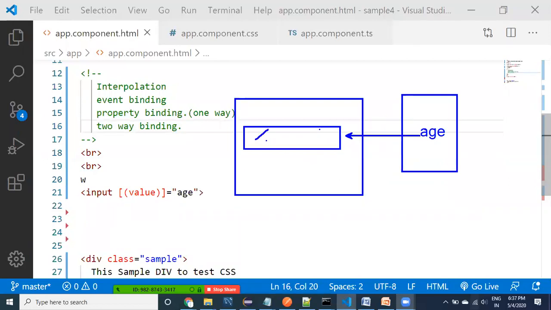Now whatever changes you have done here, see here guys, whatever changes you have done inside the HTML will not go to this property. The data flows only one way, not two ways. Let us look at it, guys. What does one way mean? One way means